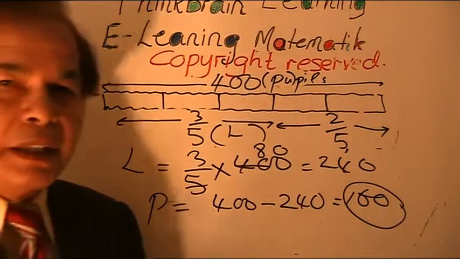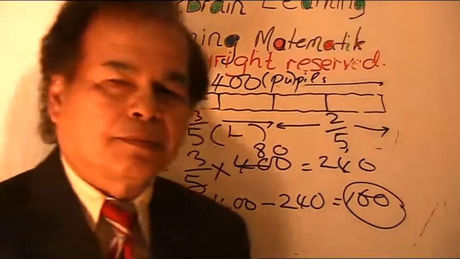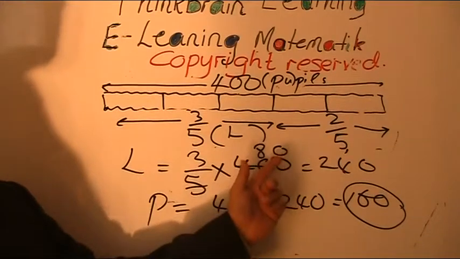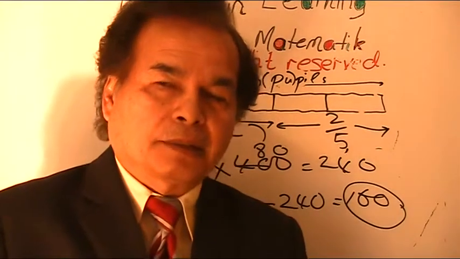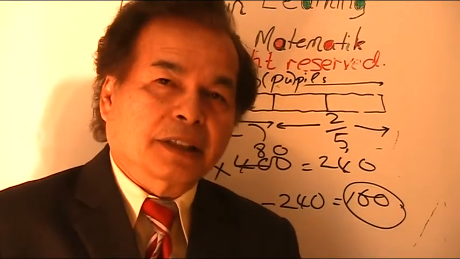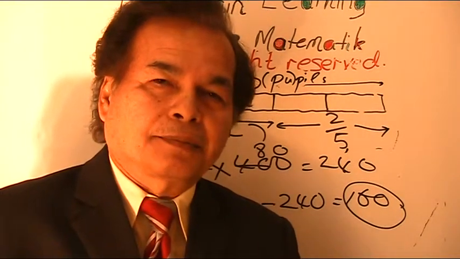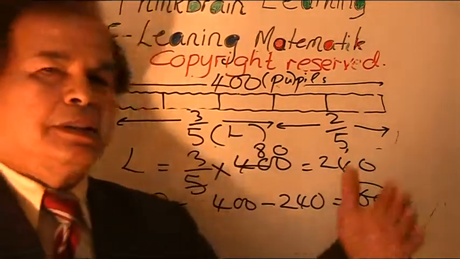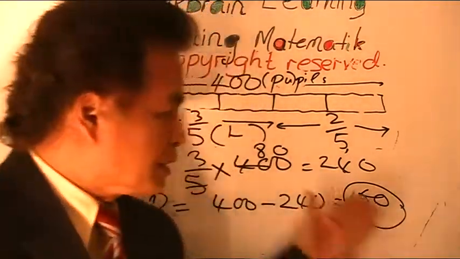So the best in the exam is we go straight to the girls. You don't have to waste time finding the boys, and then you take the whole people minus the boys, you get the girls. You can, but it takes a longer time to solve. But of course, for practice it is good. You can do this way, you can do the other way, and choose any of the 3 ways that I explained just now.